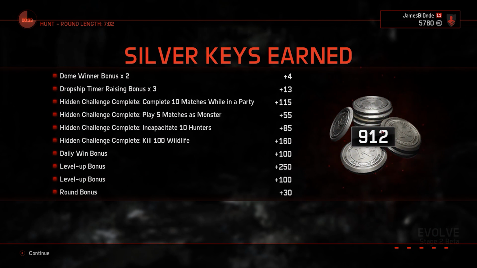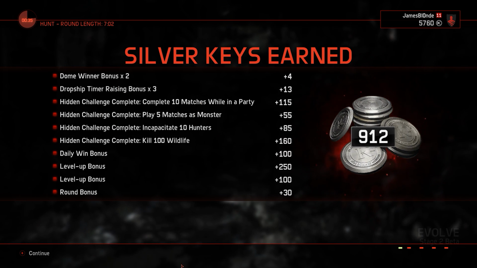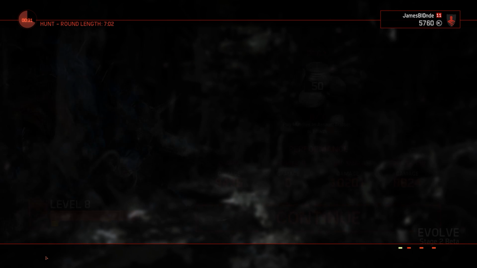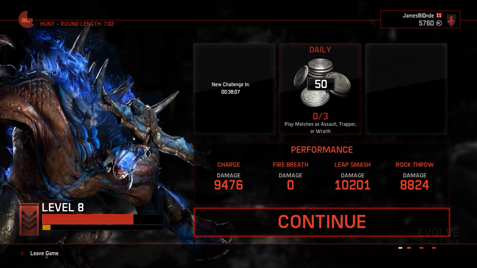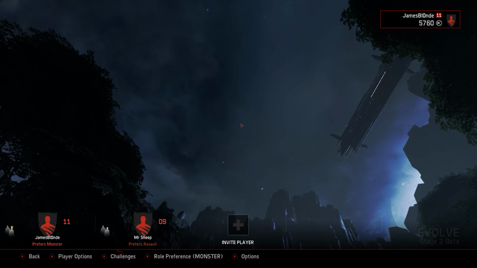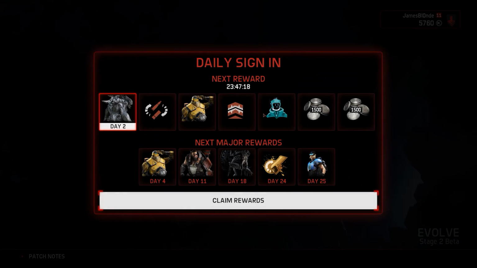Yep, hidden challenge complete. Play 5 matches as the monster. I didn't even know that I did that many, but cool. I got that. Sweet. A lot of hidden challenges that way. A lot more coins. I can unlock a lot more stuff. Good stuff. So it actually doesn't take that long to get to the point where you can unlock things. Like I said, you can't actually pay for coin. You can go in and...